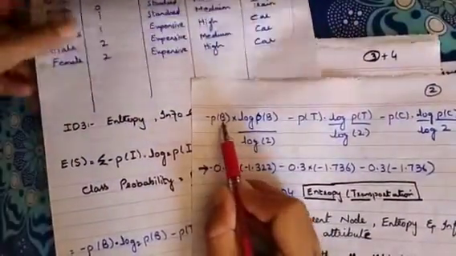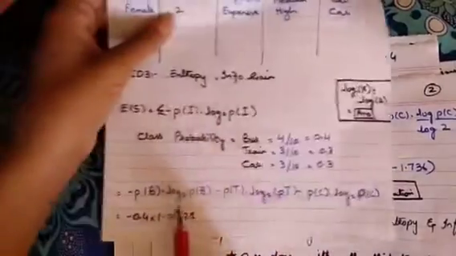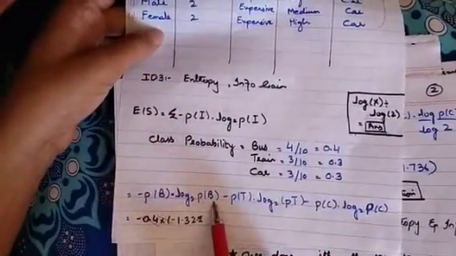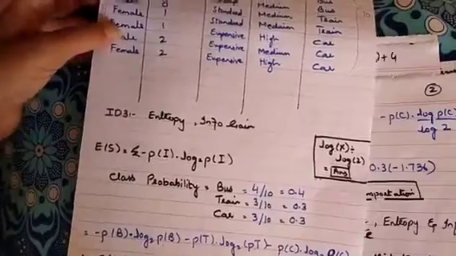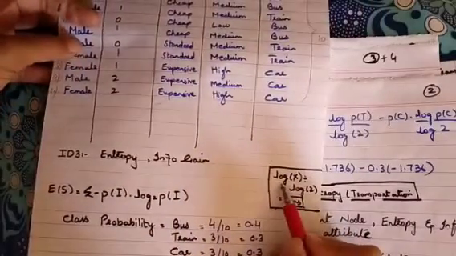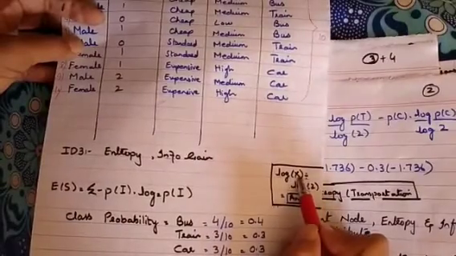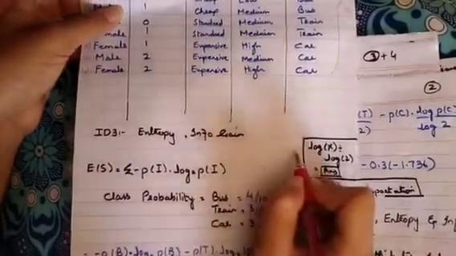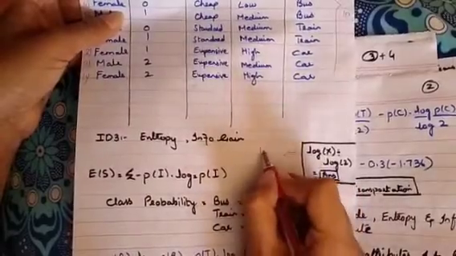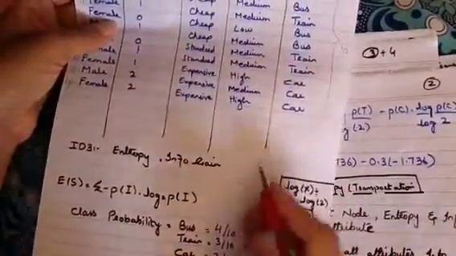Okay, minus probability of bus, we just found it कि probability of bus हमारे पास क्या थी? That was 0.4. So here it is. अब हमने क्या करना है? We need to find out the log of 2 of probability of bus. ठीक है, आपके पास scientific calculator में log of 2 की key भी है, but in case if it's not there, simple log की है, तो what you can do in that case, you can find out by the log of x. X is here actually representing the value of any label which we are using. जैसे हमारे पास यहाँ पे probability of bus के लिए है, so what it would be, तो ये हमारे पास क्या हो जाएगा? That will become log of probability of bus, हमने क्या थी? That was 0.4.